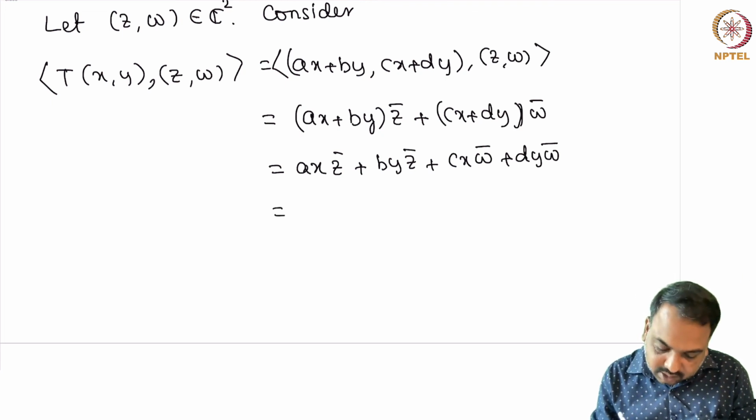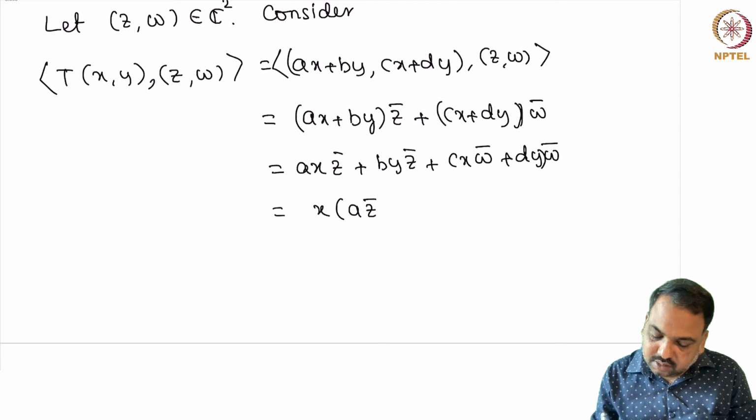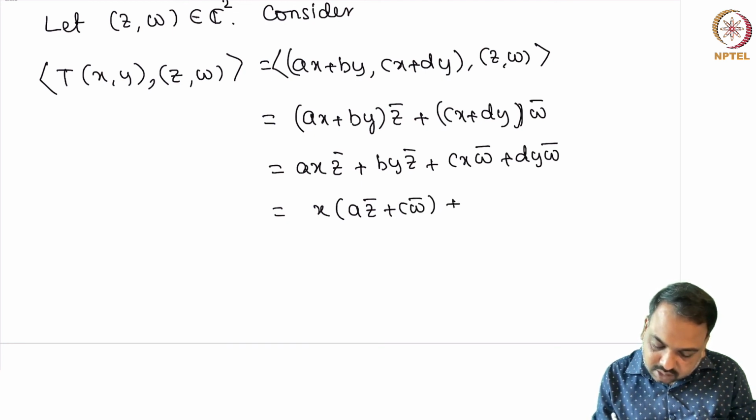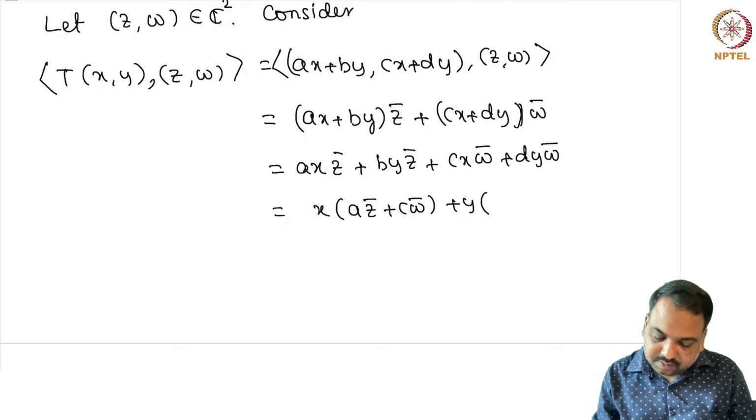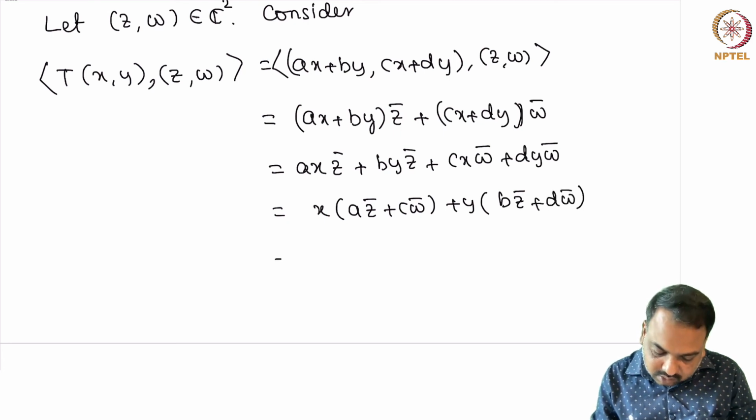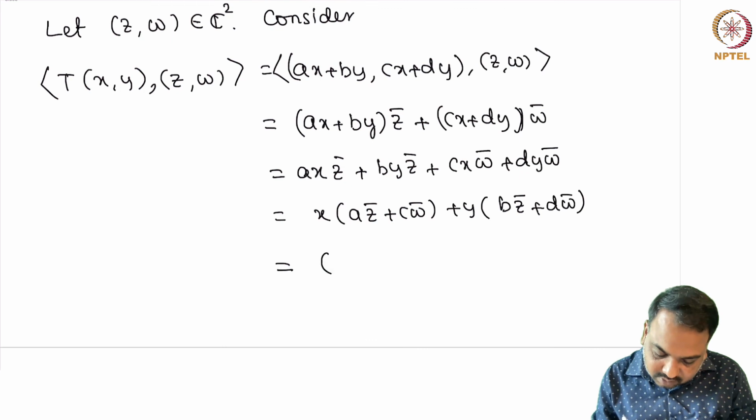So let us try to take x out here. This is x times (a z bar plus c w bar), and if you look at y, y times (b z bar plus d w bar). So this we can write as the inner product of the tuple (x, y) with